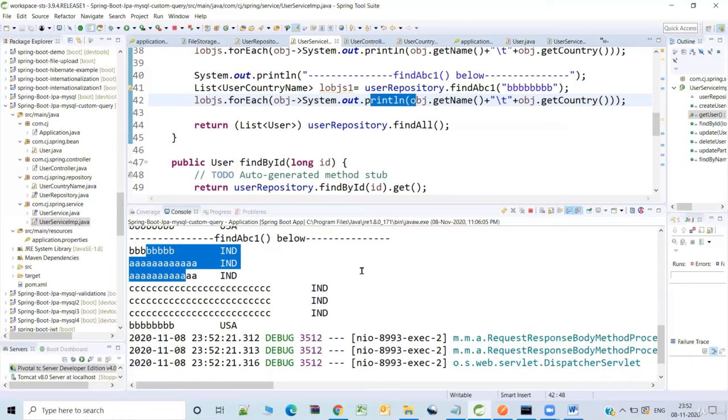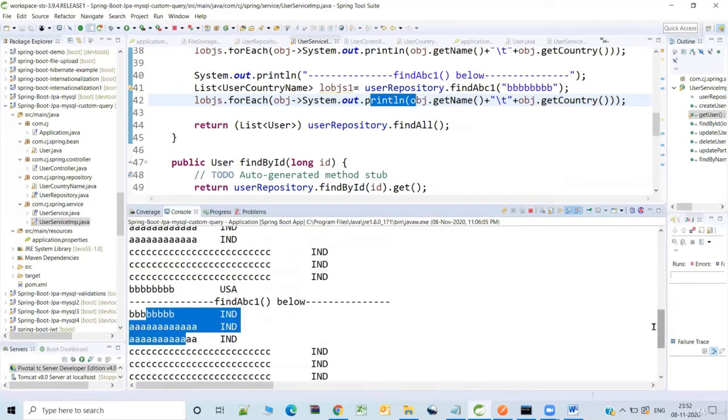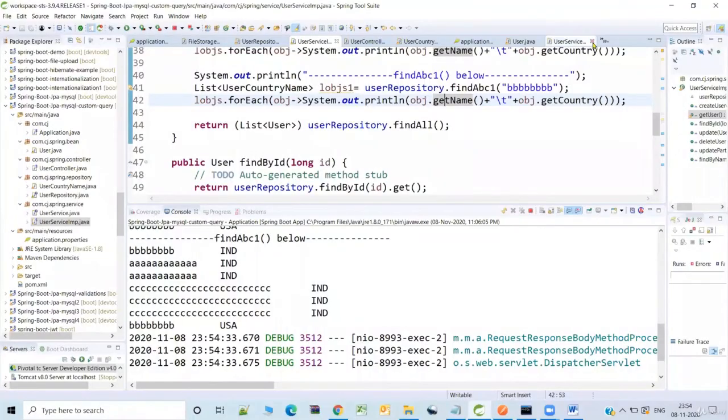So there is some problem here. Yes, the reason it is printing all of them is I'm trying to print the previous list of objects rather than this. So let me try now.